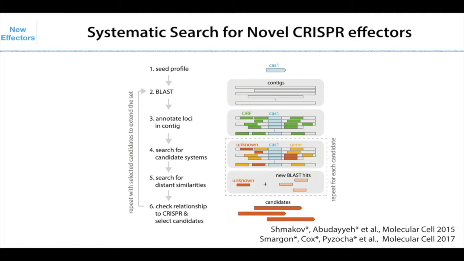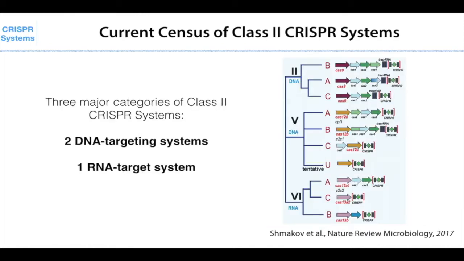And second, for all of these family members that belong to the same family, are most members often found next to other CRISPR proteins or CRISPR RNA sequences? If that's true, then we know it's not only evolutionarily important and conserved, but it's also most likely a conserved CRISPR protein. And so based on that, that's how we ended up with a list of different candidate novel class 2 CRISPR effectors. So this is what we know to date based on the sequence database that exists.